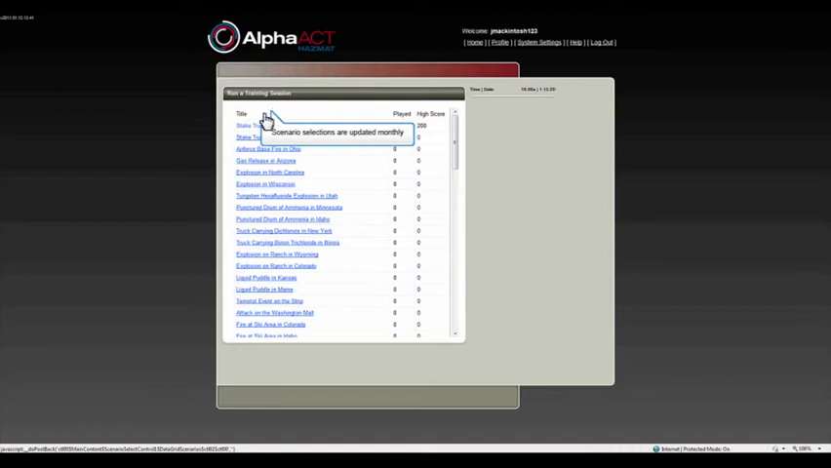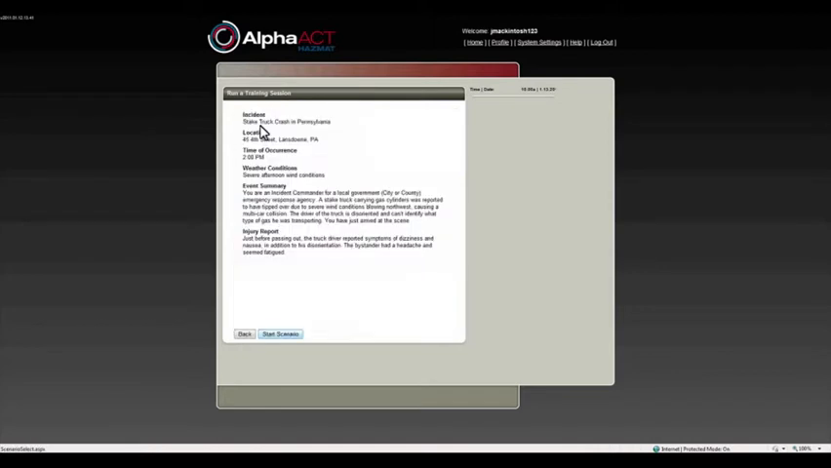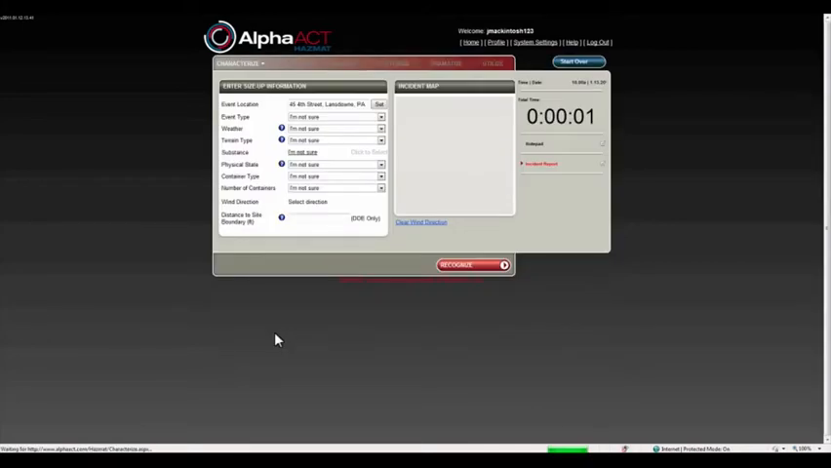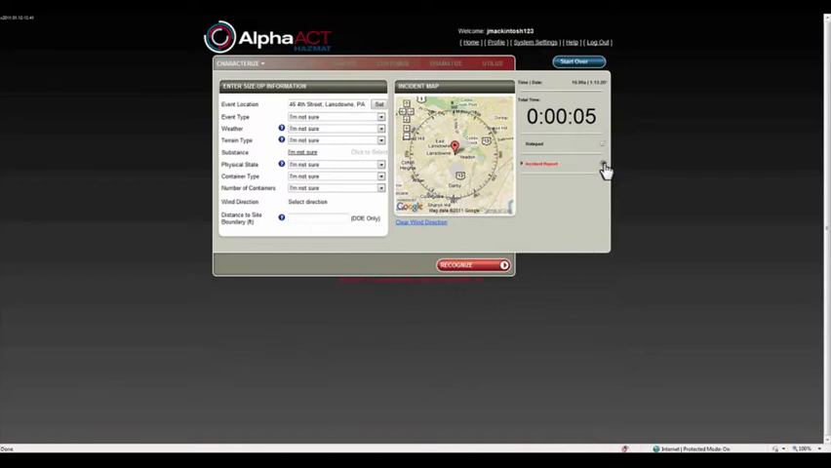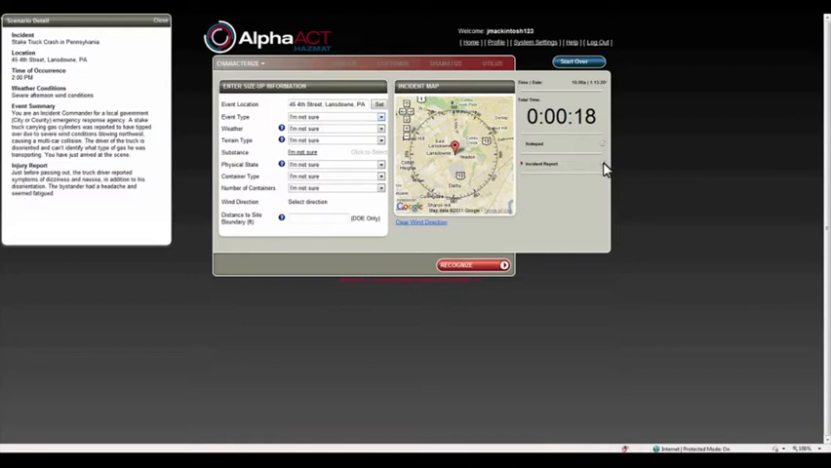After you launch the solo training mode and select a training scenario, AlphaACT HAZMAT will present an incident report describing the event that you will be training on. When you have completed reading the event briefing, click the Start Scenario button to begin the timed portion of system play. Characterize, the first step in a 6-step decision process, prompts you to provide the initial information known about the